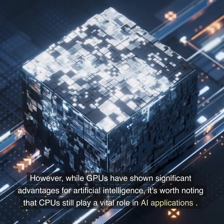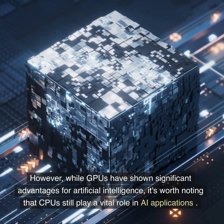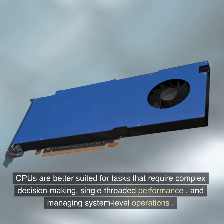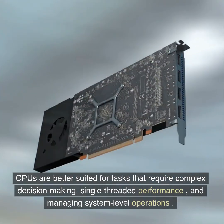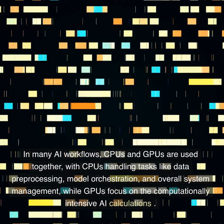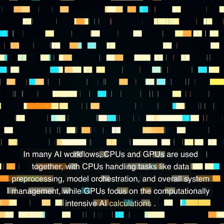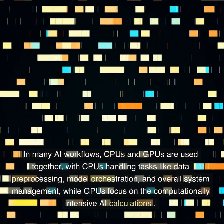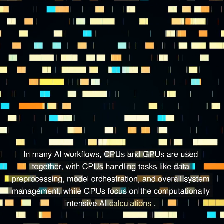However, while GPUs have shown significant advantages for artificial intelligence, it's worth noting that CPUs still play a vital role in AI applications. CPUs are better suited for tasks that require complex decision-making, single-threaded performance, and managing system-level operations. In many AI workflows, CPUs and GPUs are used together, with CPUs handling tasks like data preprocessing, model orchestration, and overall system management, while GPUs focus on the computationally intensive AI